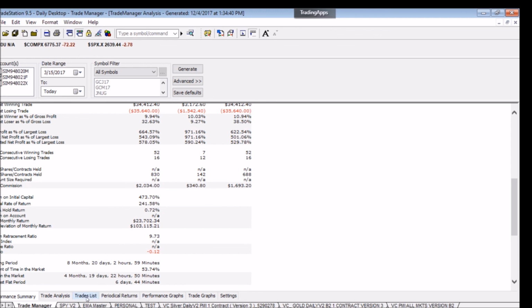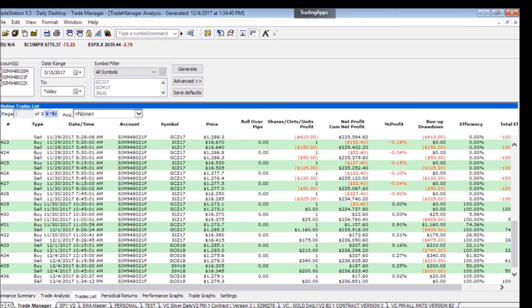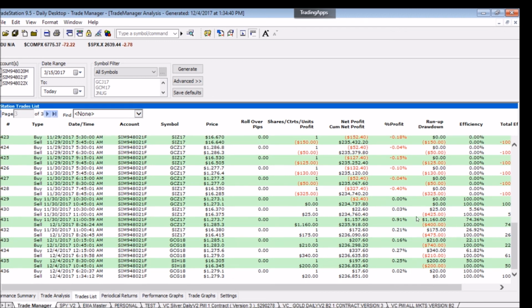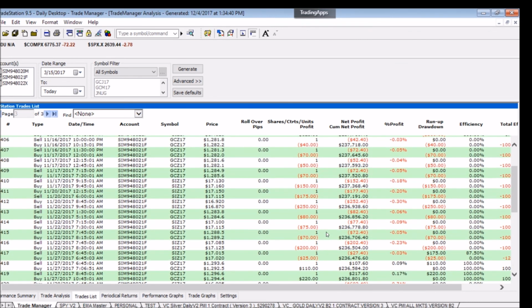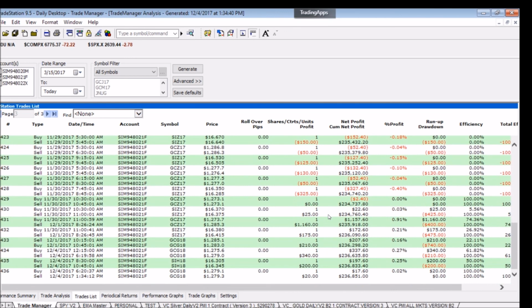You can see here the documented trades that we have done. And you can examine the fact that we do take losses as well. The program is not guaranteed to make profits all the time, but we produce a substantial amount of what I call positive returns by following the algorithm as it is directed.